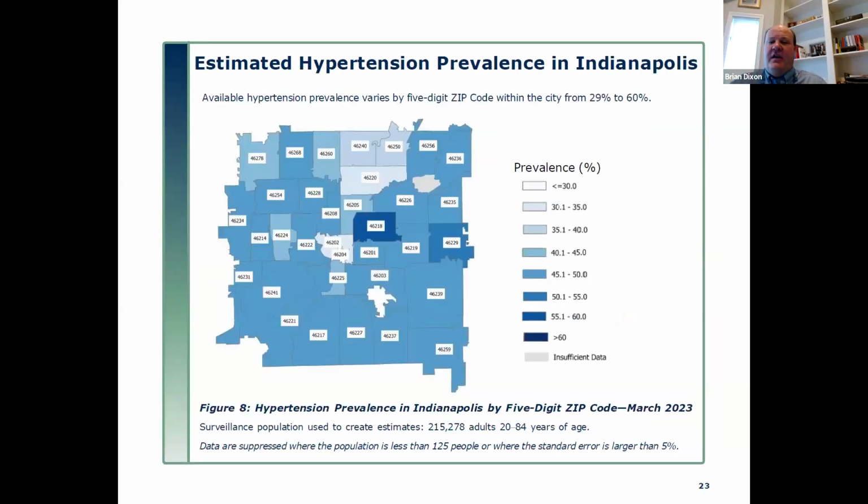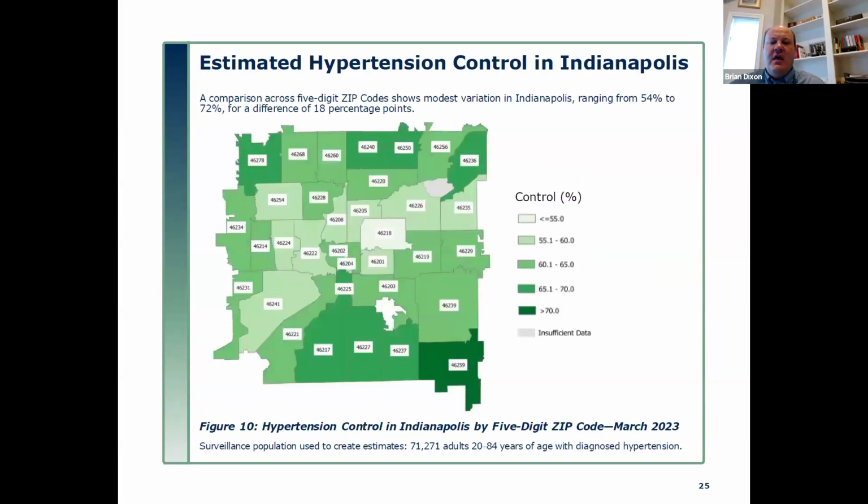Similarly, within a county, we can break things down. This graph is of the Indianapolis area by zip code, and it allows us to look at patterns of hypertension prevalence, which ranges from 30 to 60%. So this allows our public health partner, for example, to say, where should I be putting screening programs or prevention programs in the community, because I have limited resources and I can't be everywhere all at the same time.